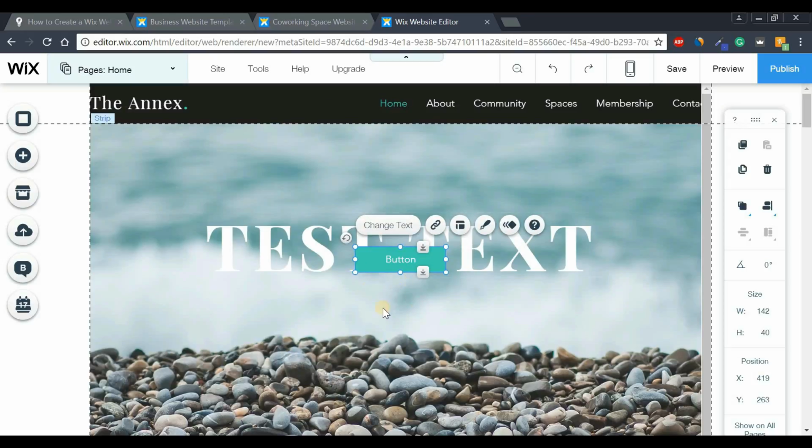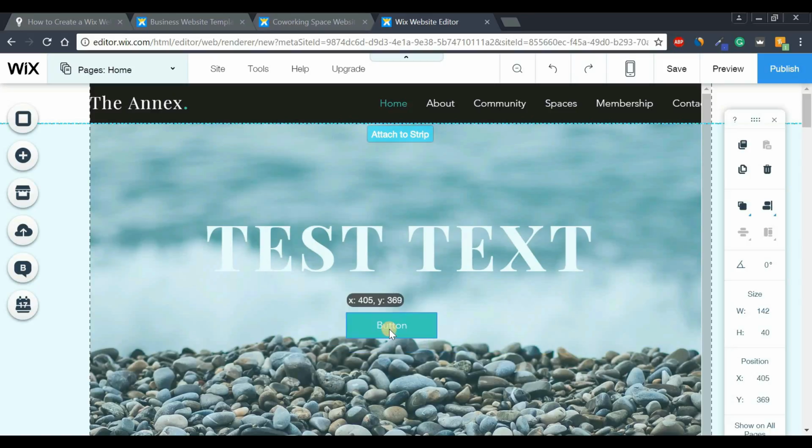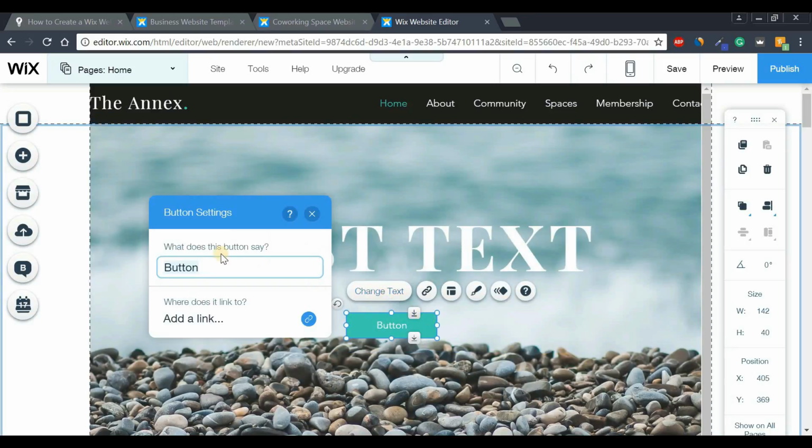And once we do that, we can see that our button has been placed onto our template. Really that simple. We can reposition it by dragging and dropping it. Okay, we can change the text over here to whatever we want. So for example, I say learn more. Okay, so that's how you change the text, and then you can link the button to whatever you want by pressing it over here,